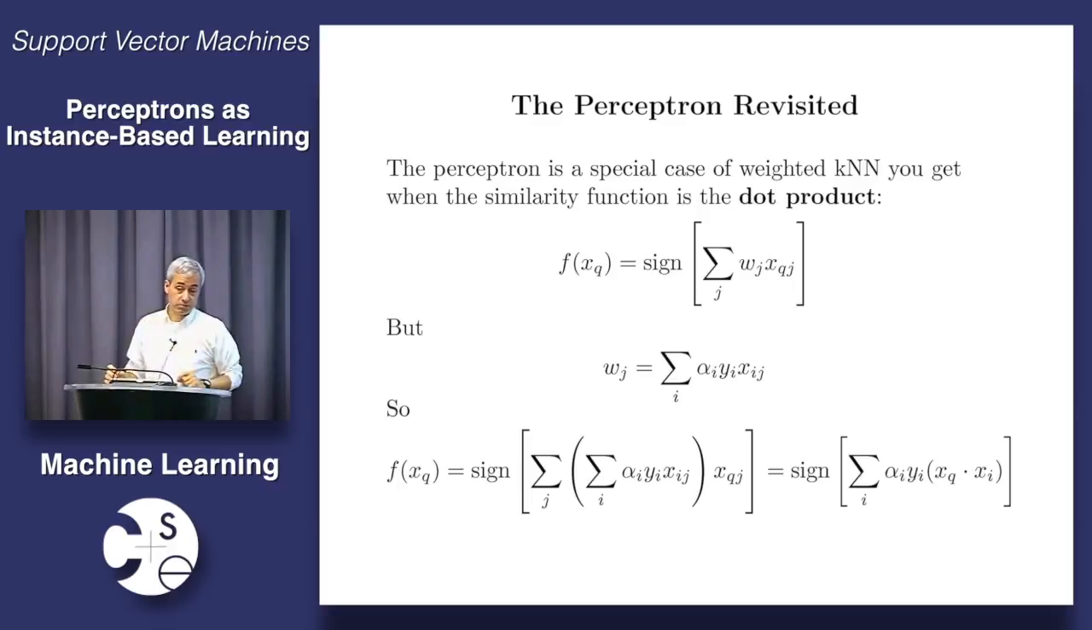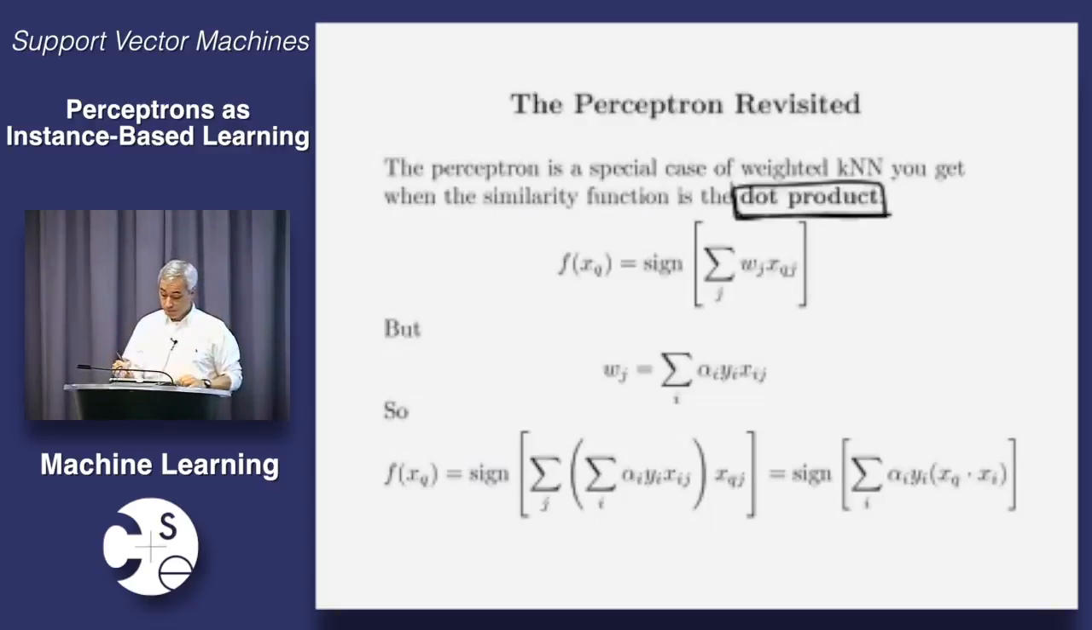But in the perceptron, the dot product, everybody remembers the dot product, in the perceptron, the dot product was being done between the weight vector and the example. This is what a perceptron is. It's just the dot product between the weight vector and the example, and then with a threshold. This was the perceptron. But if we use dot product as a similarity measure in k-nearest neighbor, the dot product